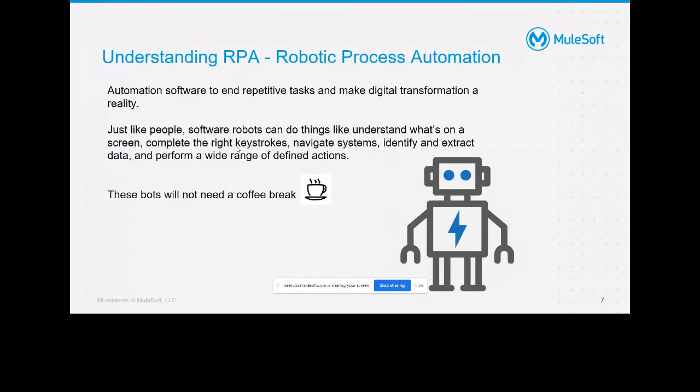All right, let's try to understand what is RPA. There's a lot of buzz about DevOps. There's a lot of buzz about automation. There's a lot of talk about AI, and a lot of these things being discussed in the IT world today. So when we talk of robotic process automation, what exactly is RPA?